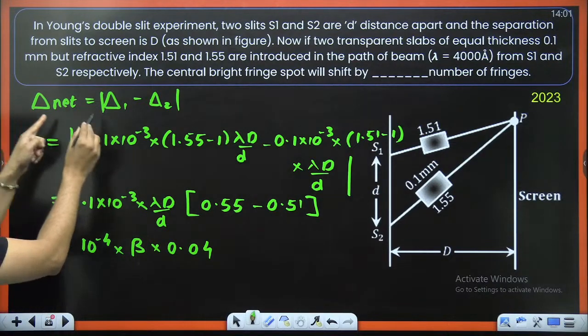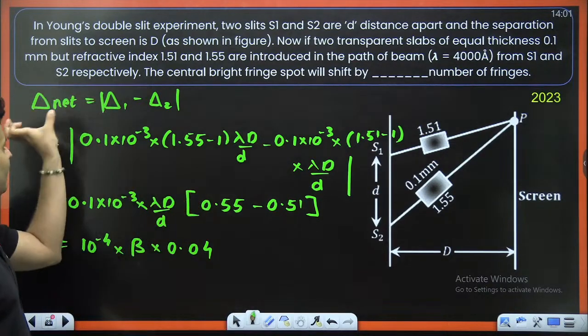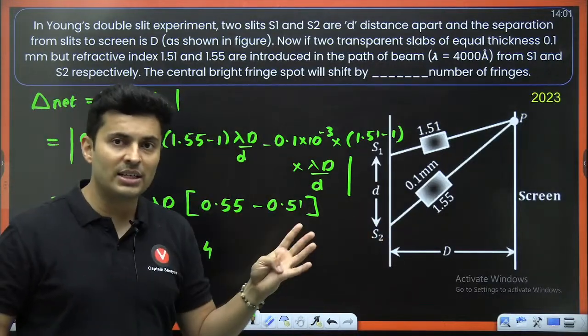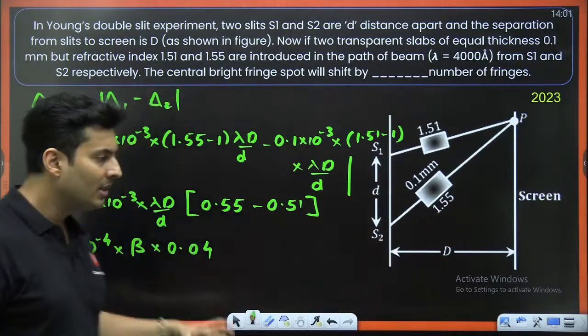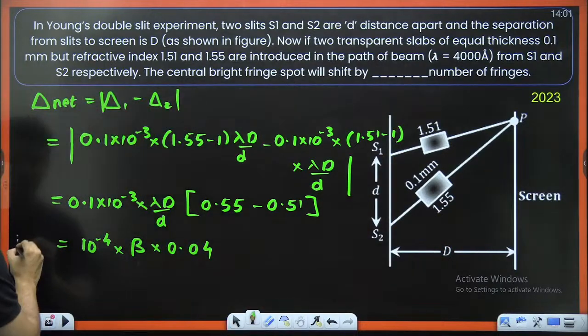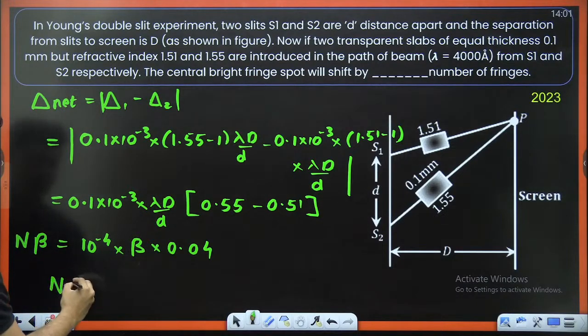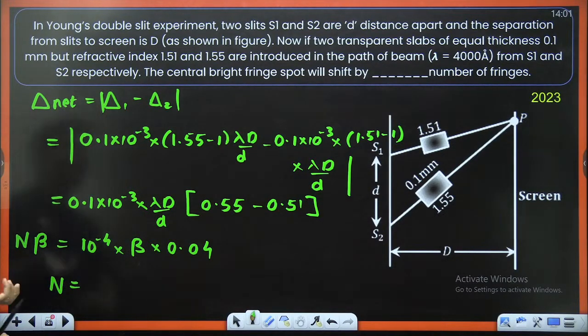Because if it shifts by 5 fringes, then this shift will be 5 times beta. If it shifts by 4 fringes, it will be 4 times beta. If it shifts by n fringes, this should be n times beta. Beta will cancel. So n will be basically, I think there is,